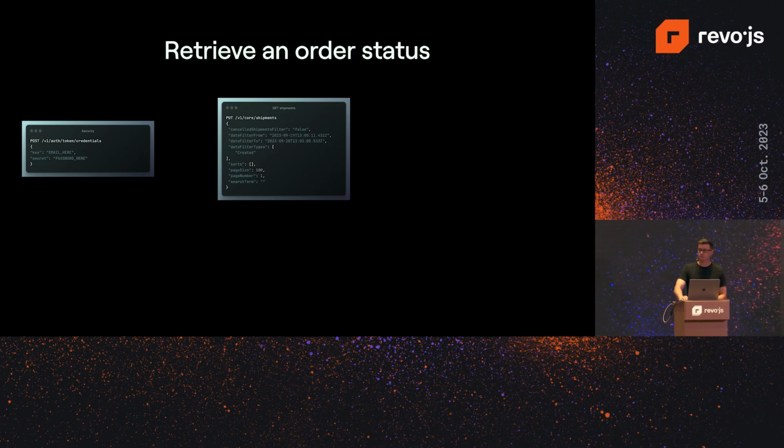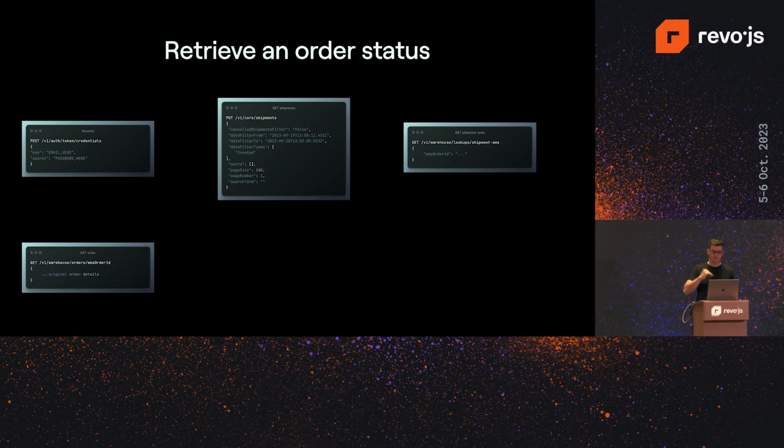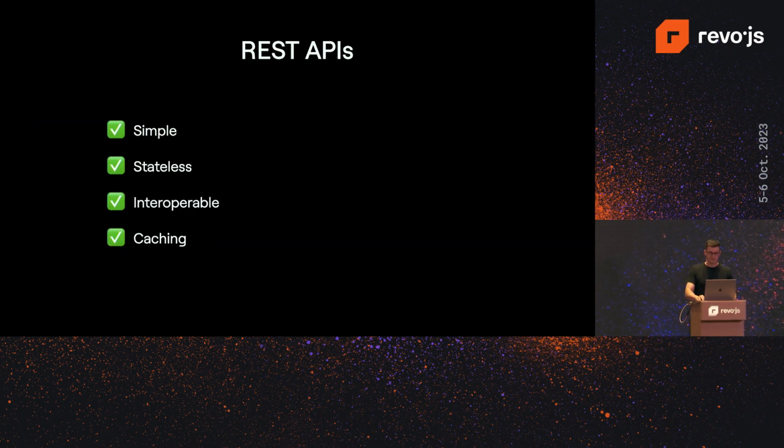So you would get the shipment, but the shipment would just contain some very superficial information regarding the shipment. And you would have to use the same shipment ID to make another request to another endpoint to get the actual order ID. And then based on the order ID, you would make another request where you get the order information. And then because the information on the shipment was just shallow initially, you would make another request to another shipment endpoint to get all the information and the tracking URL. So that was a mess.